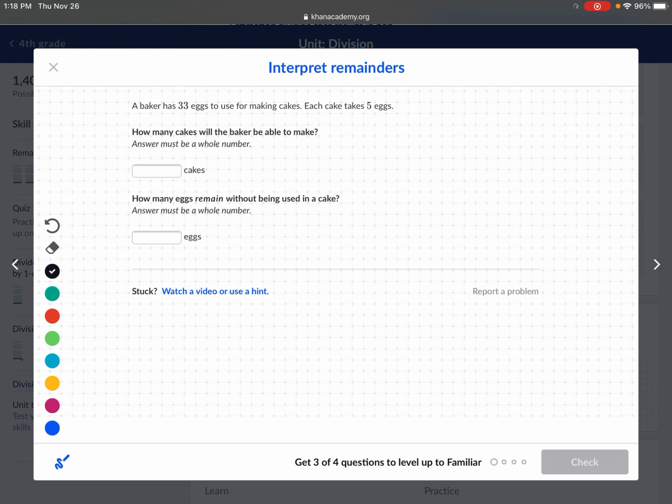Okay, first question. A baker has 33 eggs to use for making cakes. Each cake takes 5 eggs. How many cakes will the baker be able to make? Answer must be a whole number. Okay, so what you can do is, how many cakes will they bake? So it's 33